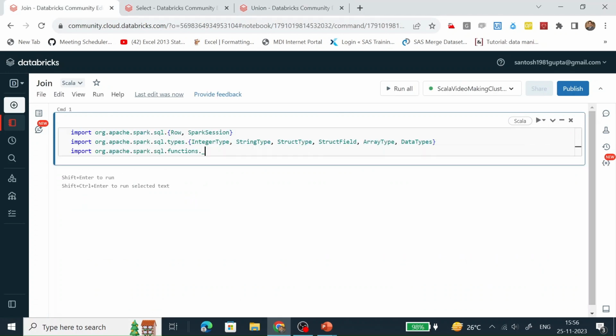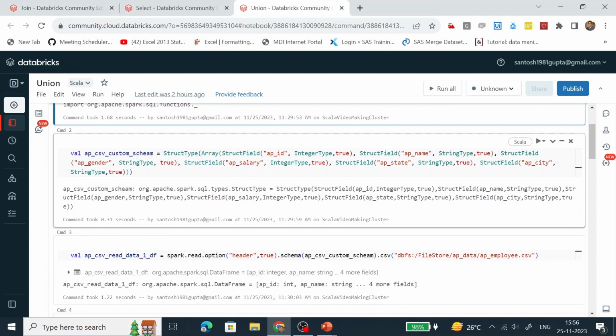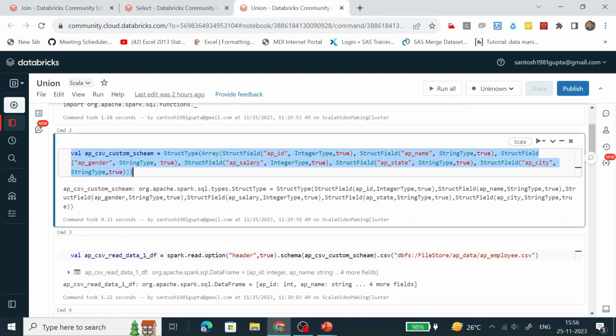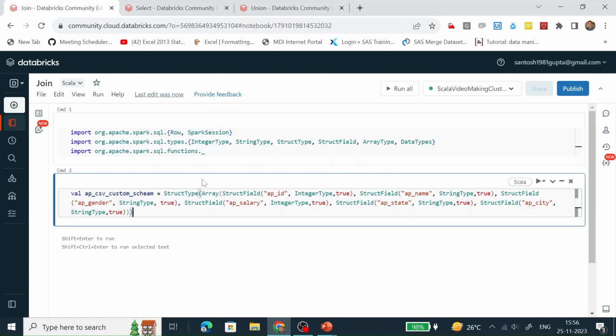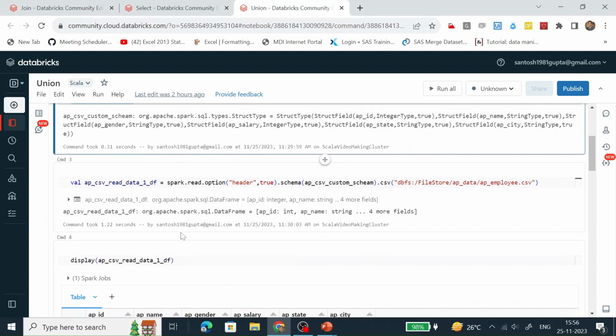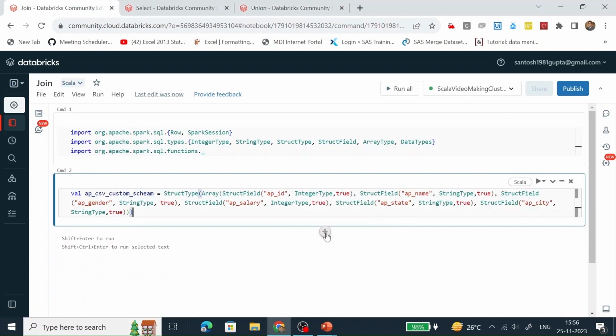So this will import all the required libraries. It will create a custom schema. This will read the CSV file and create the data frame.